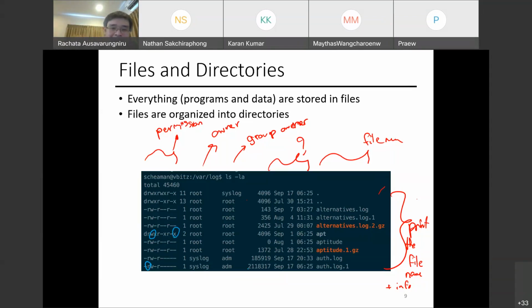And how about X? Execute, awesome. So basically it's read, write, and can I run it, let's say if it's a program. How about D? Directory, yes. If there's a D in front, for example here, apt is a directory. It's not a file. The rest are files.